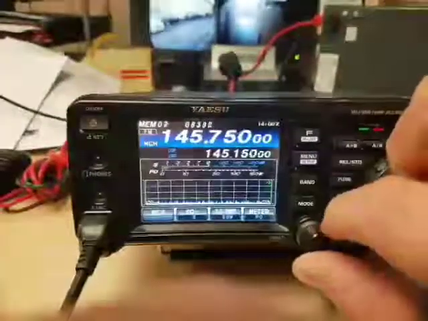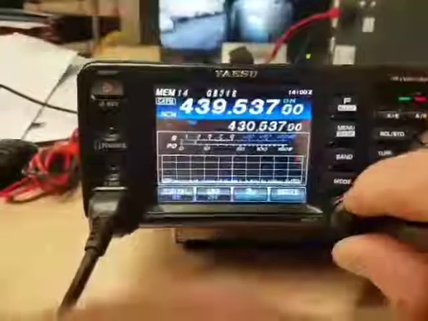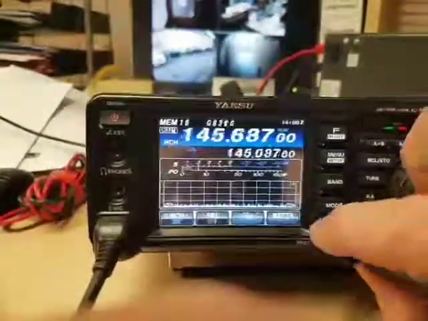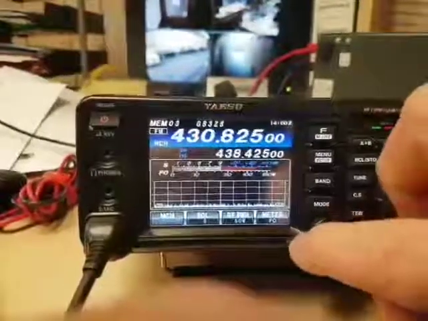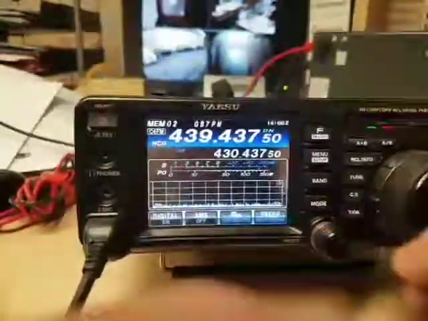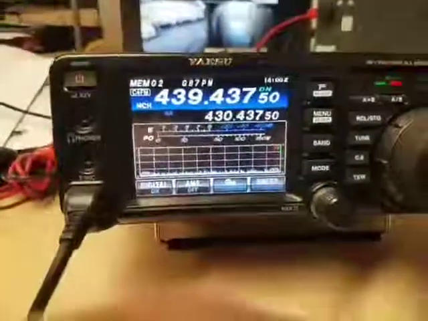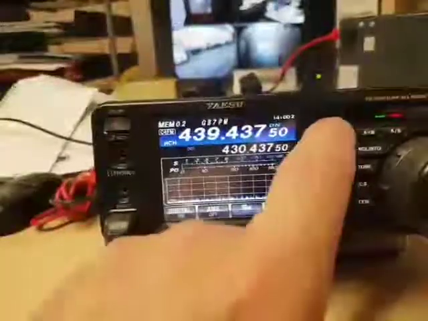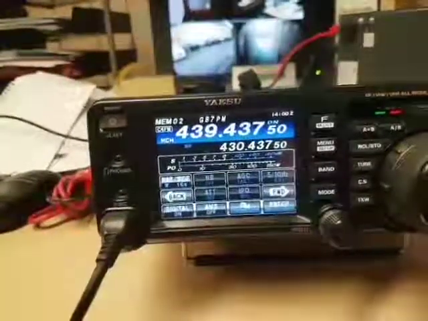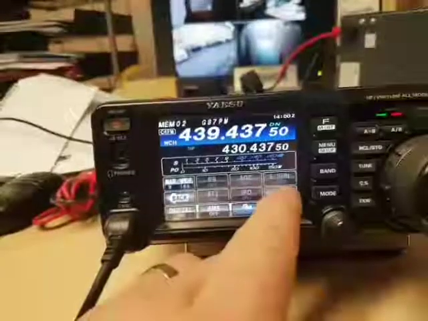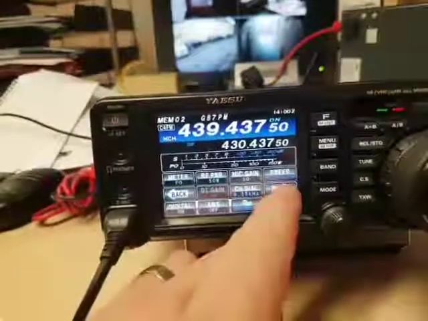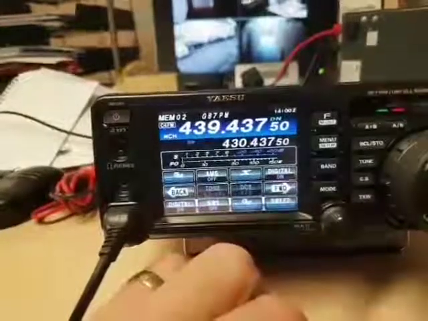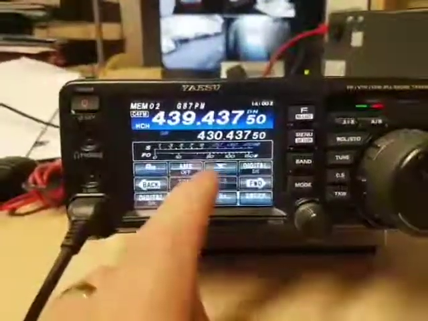Let me scroll through, and you get some other repeaters coming up on there. The first one that we come to is memory 2. That's GB7PM, and everything looks okay there at the moment. So if we press the FM list button and then select WIRES-X, we'll see if we get the transmit light come up when we press that button,